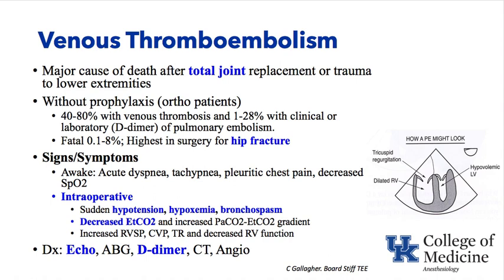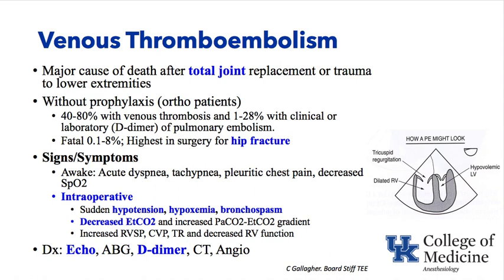The highest rate of embolization occurs during hip fracture and surgery for hip fracture, and it can be fatal in 0.1 to 8% of cases. So it is very important to prophylax against venous thromboembolism in orthopedic cases. Signs and symptoms of venous thromboembolism: if they're awake, they may be short of breath, breathing fast, have pleuritic chest